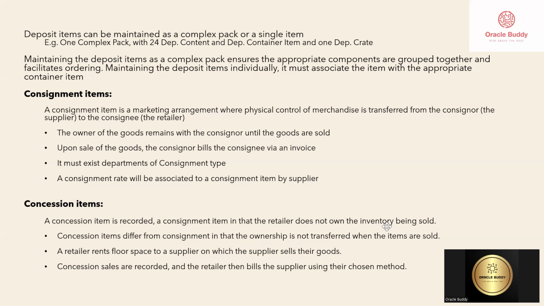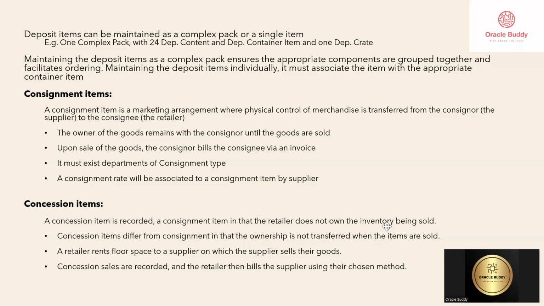Next, let's discuss consignment items. This type of categorization for items is based on how the items are being sold. So let's first discuss consignment items and concession items. Basically consignment is an arrangement in which goods are left with a third party to sell. So basically the supplier